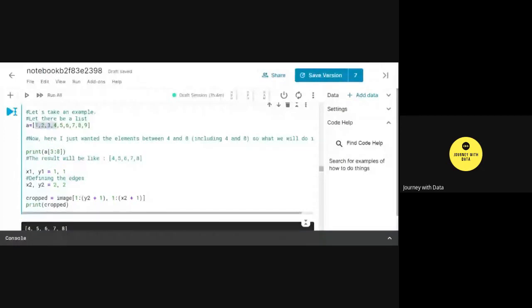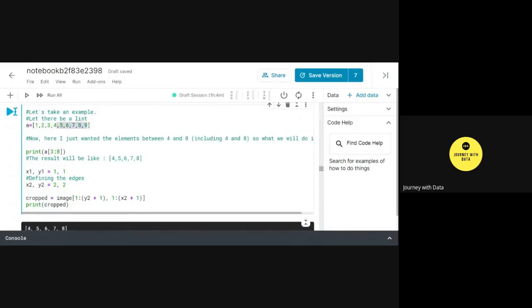The number 4 is at the third index, starting from number 1, which is at the 0th index. So 0, 1, 2, and 3. So 4 is at the third index, and that's the reason we've written A3. I am retrieving the element at the third index, colon 8. Now 4, 5, 6, 7, and 8 till here.